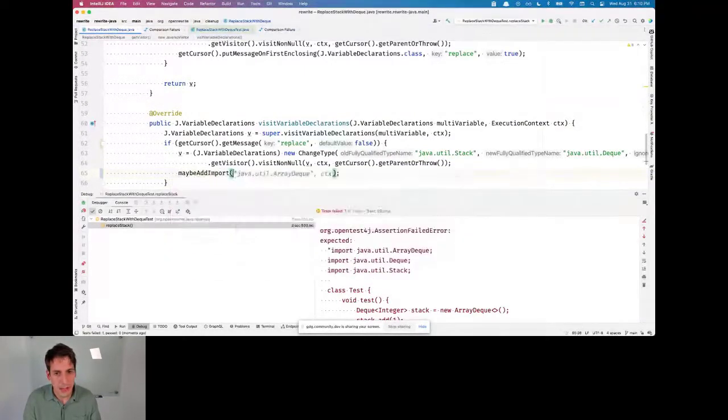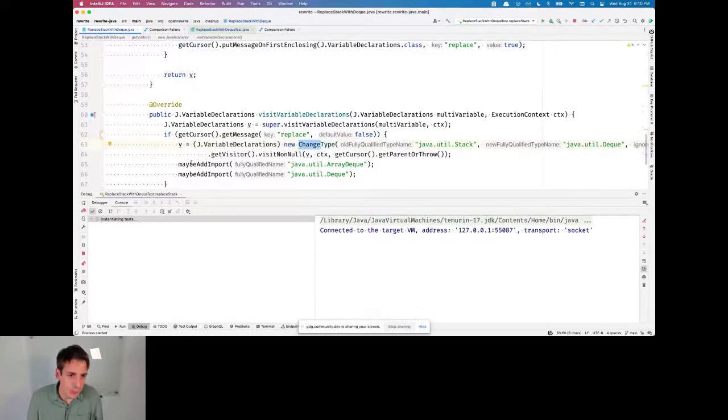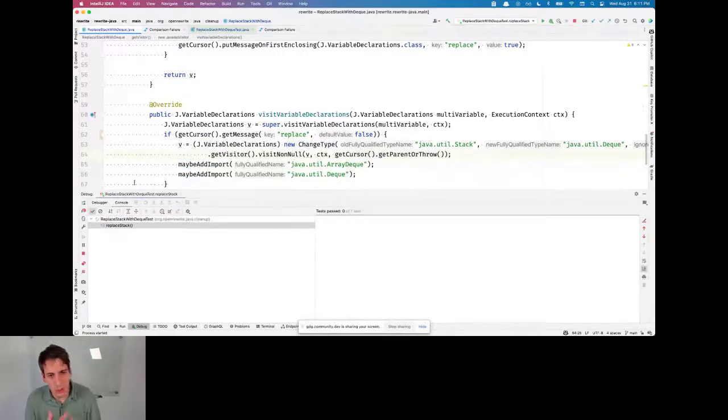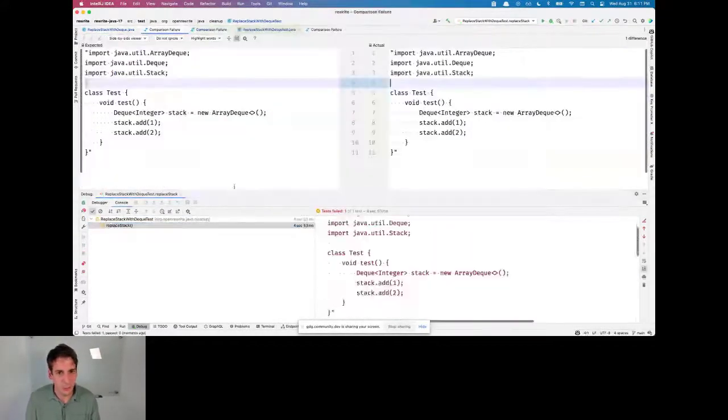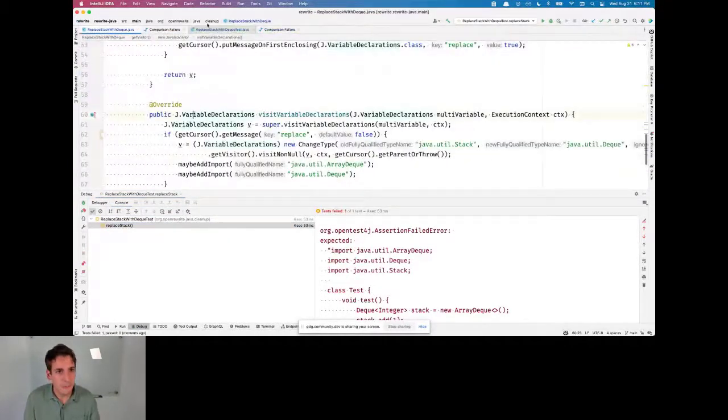So I could say maybe add import on DQ and array DQ. Of course, those will only get added if this actually changes. That's what the maybe means here: if this didn't make any change, I'm not going to add imports unnecessarily. I'm going to do no harm. And so we've got the imports up there now, and that's looking better.